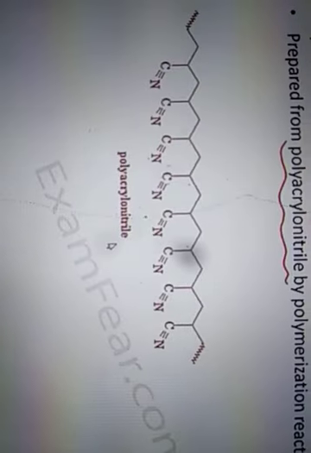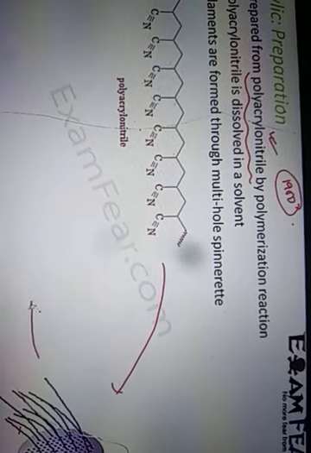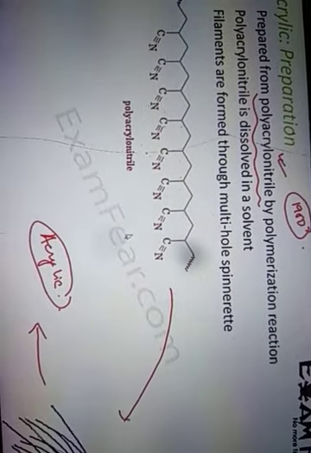So this is how acrylonitrile looks, and it has monomer units which are joined together by bonds. This polyacrylonitrile is dissolved in a solvent, and then the filaments are forced out through these multiple holes of a spinneret. As you can see, this is a spinneret. The filaments which come out through it are in viscous form and they are solidified, finally forming acrylic. So from these filaments we get acrylic.